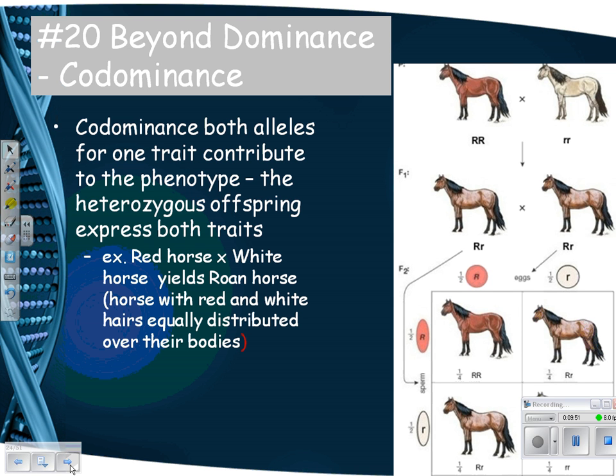You don't have pink hairs, you have red and white hairs. It's not a very big difference, but it's an important difference, because in incomplete dominance, they both make something but neither overwhelms the other. In codominance, both traits are actually made, and both of them show up. Okay, this is going to be important later on when we talk about blood typing. That's another example of